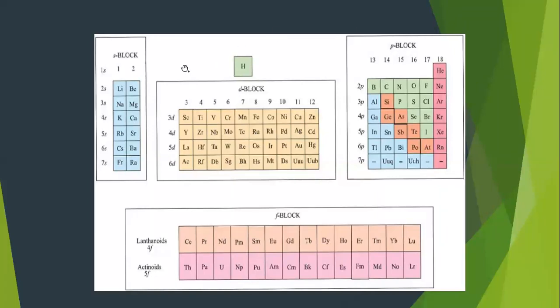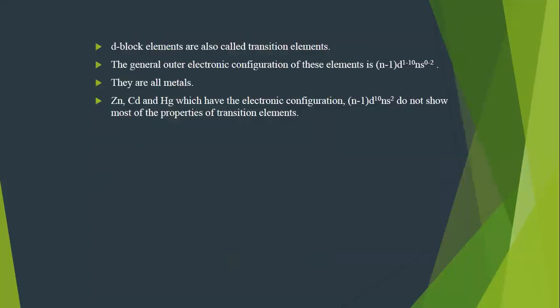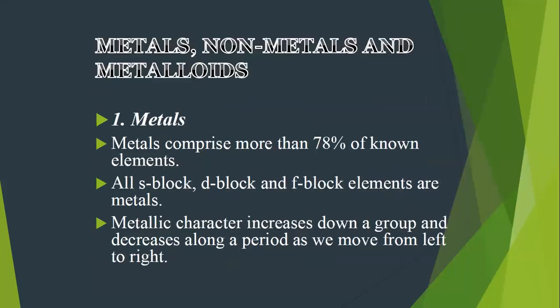since we move in the periodic table from left to right, hydrogen, helium, lithium, beryllium, boron, carbon, nitrogen, so this is from left to right. When the words 'along the period' are used, it means we are moving from left to right, and when it is top to bottom, they are talking about the groups. Okay, so what happened? The metallic character increases when we move down the group from top to bottom, and when we move from left to right, the metallic character decreases.